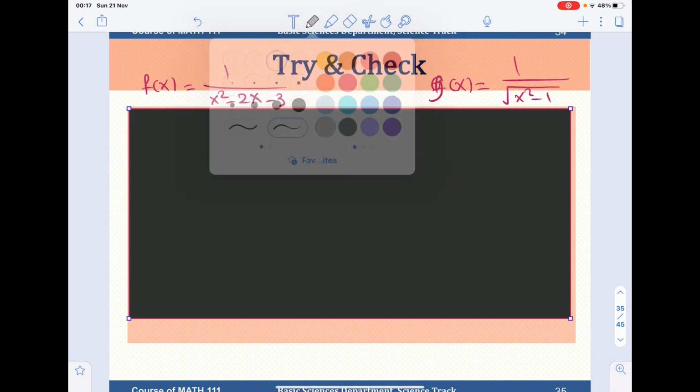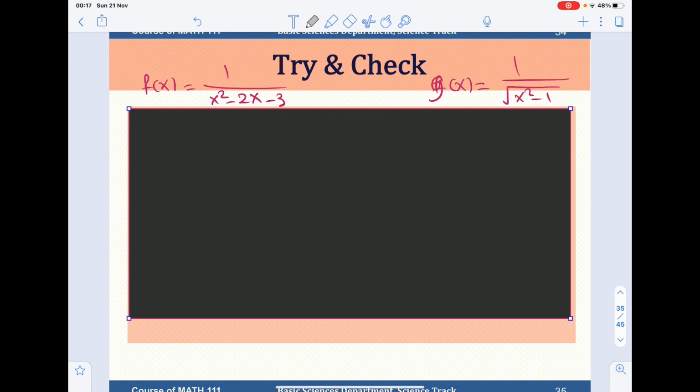Okay, for the first one, since we have a rational function, we have to find the values that make the denominator equal 0. So x squared minus 2x minus 3 equals 0. Then we will solve this quadratic equation. So x squared